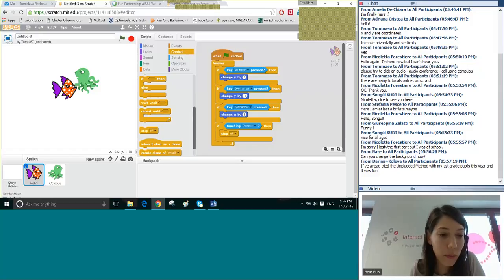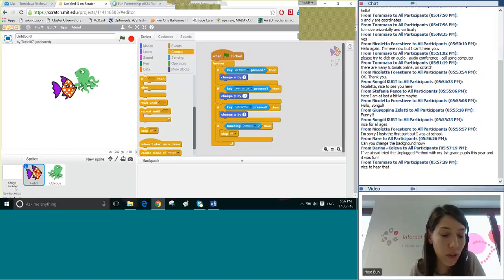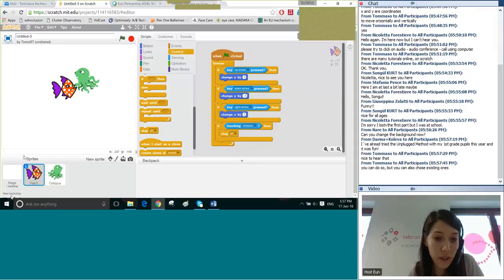It's where my mouse is positioned at the moment, and the choosing of the background is exactly the same as the sprites. You just click on the button, and then you have a variety of different backgrounds that you can choose from. You can also draw them by yourself by just choosing the paint